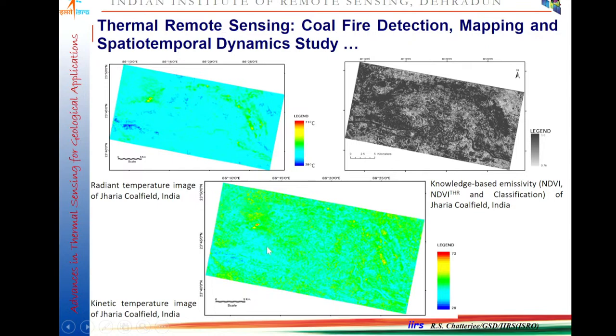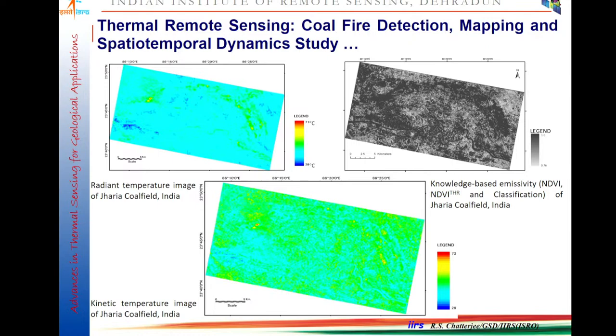So from that, you can adopt some kind of thermal anomaly detection algorithms, where by looking at how the temperature of a particular pixel is different from the neighboring pixels, you can infer that the pixel has an anomaly, has differences in temperature with respect to the neighboring pixels, and this temperature is higher than the ambient temperature. Then you can designate that particular pixel as an anomalous pixel, and it is potentially a coal fire pixel, because there may be other kinds of high temperature